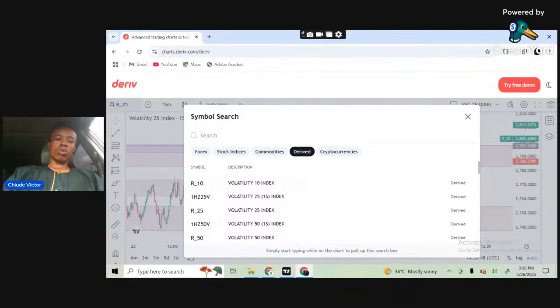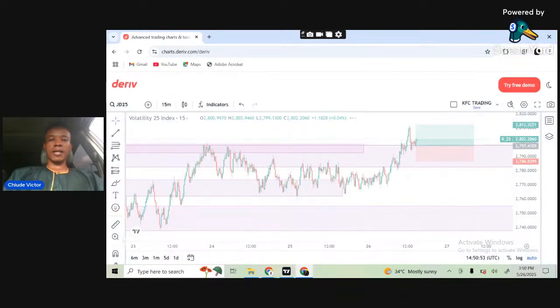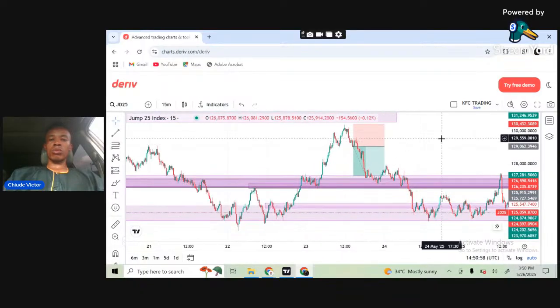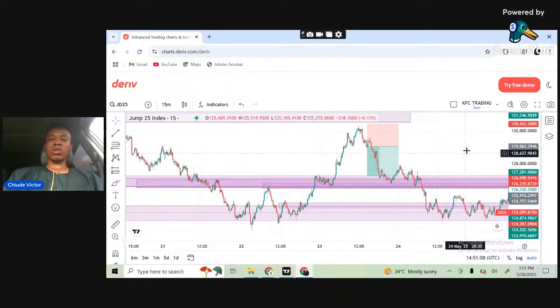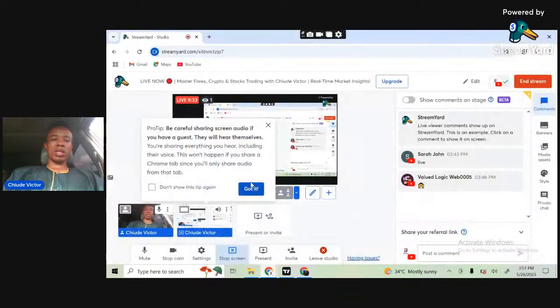And if you go to jump 25, you can see that one that I posted. Okay, this is it. So this was jump 25. I told you to sell jump 25. If you look, you see it has hit take profit already. So it has made new moves, and I will have to reanalyze to see the next entry before I post the next move for you on jump 25. So that's basically on the synthetic side.